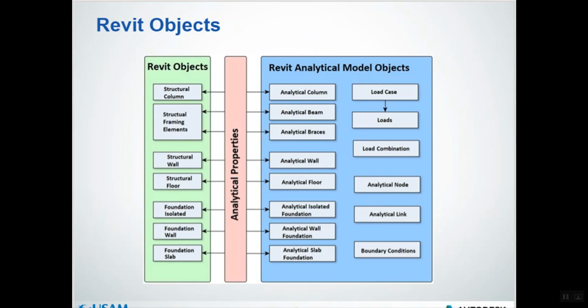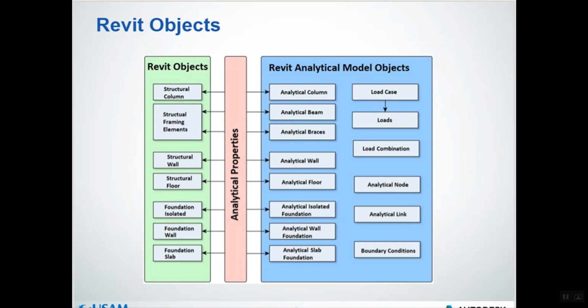So this is just an overview of how Revit objects work. From a structural perspective, if you're going to export your model to Robot Structural Analysis, how does this work? In Revit, we'll have structural column and structural framing elements, right? All the structural column and structural framing elements will have their analytical model properties. So the main thing required to integrate between Revit and Robot is analytical properties.